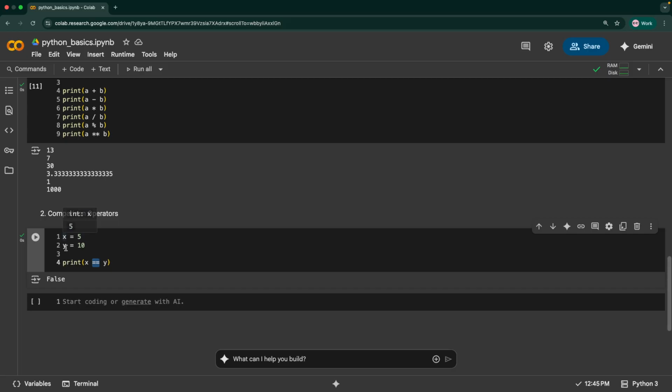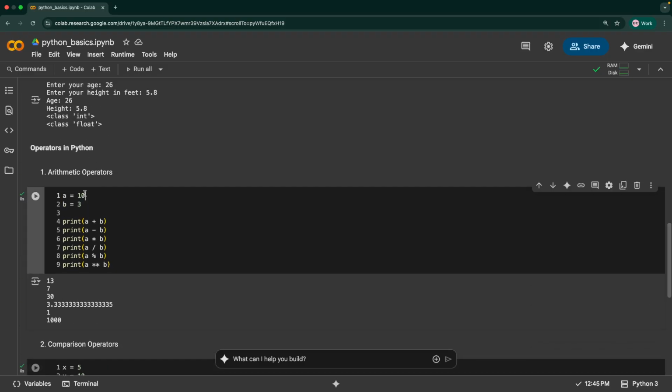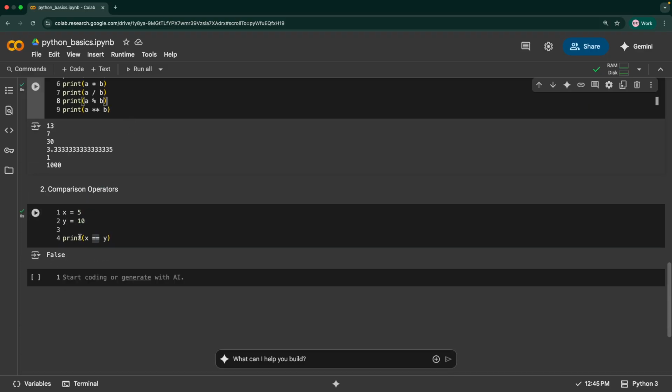So this checks whether x is equal to y. When you put double equal to, it's checking. You shouldn't use single equal to. When you use single equal to, it's assigning the values, just like how you would assign a value to a variable. So if you want to check whether two variables x and y are exactly equal, you have to use this double equal to sign. So it says false, that means these are different numbers. But let's say I'm changing this value to 10, so both these are 10, so this x equal to y would give you a true value. So the output of these comparison operators will always be a Boolean value, either true or false. Okay, so I'll change this number again to 5, and now this would give you a false. So this is checking whether two values are equal.